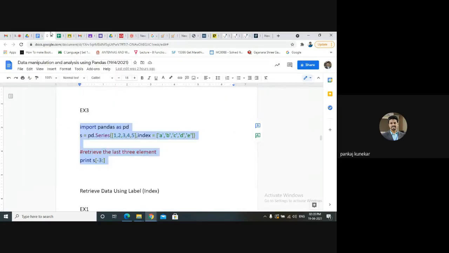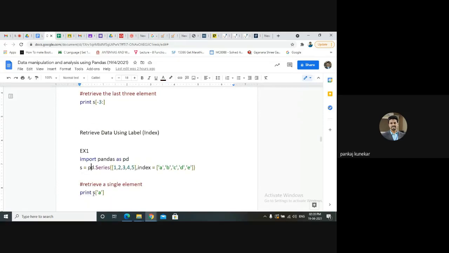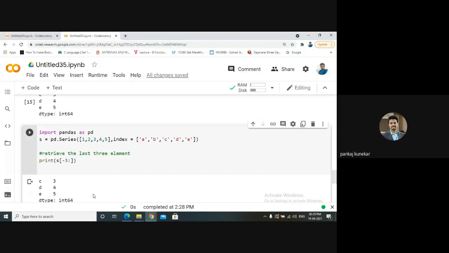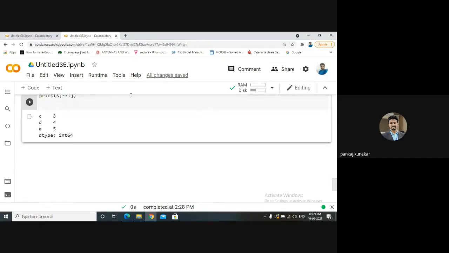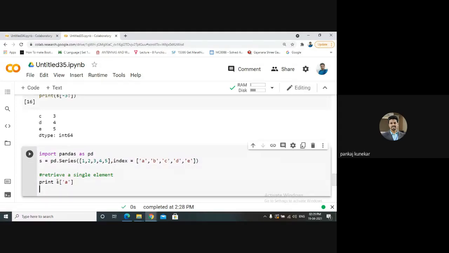Is it negative indexing? So like we retrieve using positions, we can retrieve using labels also, using indices. We can retrieve the element using indices. Here, the series is created and indices are given, and we have given print s of a.